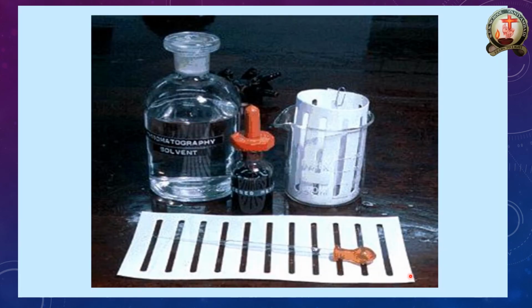This is the setup. I place a little amount of your compound here. I drench this end in the suitable solvent and place it on a side. What happens? The solvent moves through here. Finally, the compounds that are there can be eluted as different colors. This is helpful to identify whether your compound is pure.